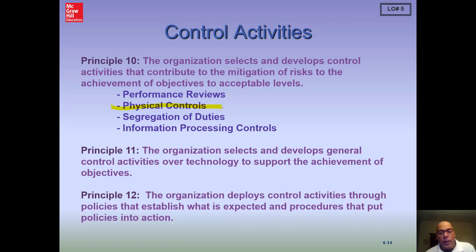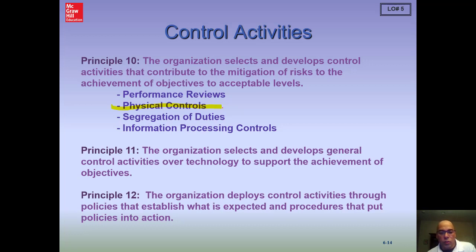Also, an important physical control is periodically reconciling the physical records to the actual physical inventory. We mentioned this before. If management never does that, then what's going to happen? Those assets are going to go for a walk, and they're never going to come back to the company, because the employees will know that there is no appropriate inventory being taken of those things. So that sort of thing needs to be done as well.